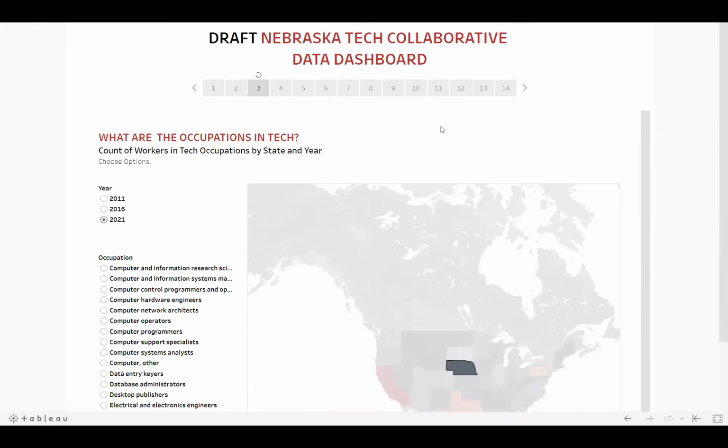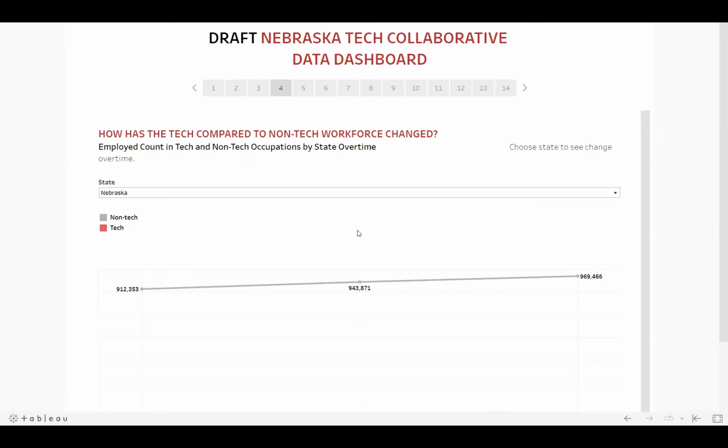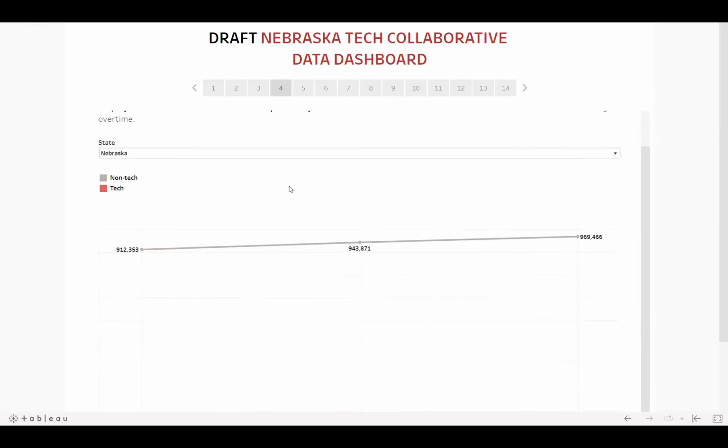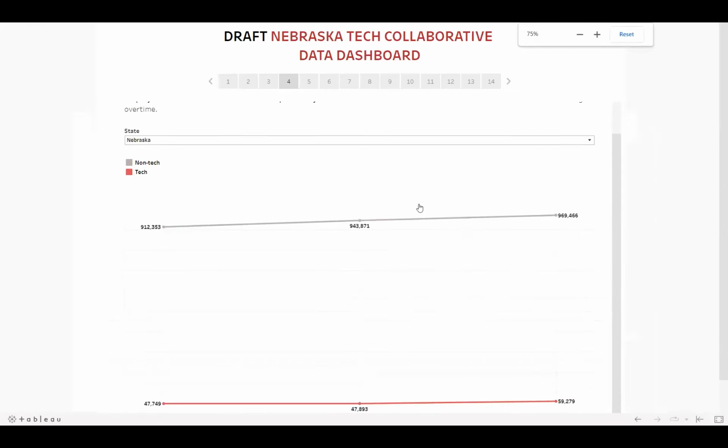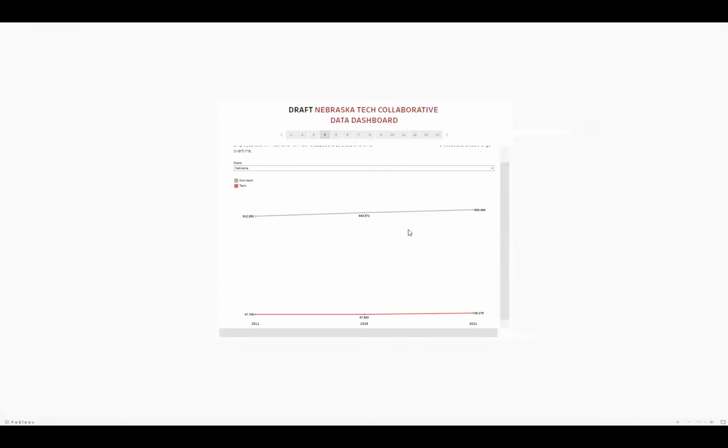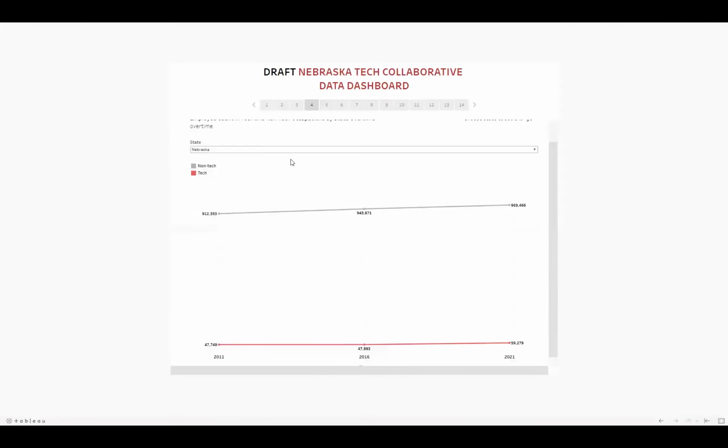And then on this second page, we have many views, as you can see, but it goes through, based on role and year, how many people are in those positions at a certain point in time, which is also interesting. We're also interested in changes over time in the workforce numbers. I'm trying to zoom out here. There we go. This shows the percentage change over time between non-tech and tech. So you see that there is some growth, about 11,000 to 12,000 people, which is good, but it's been pretty slow since 2021.